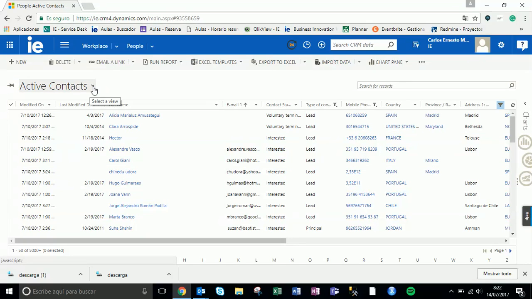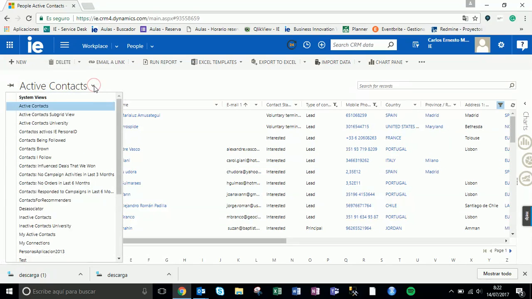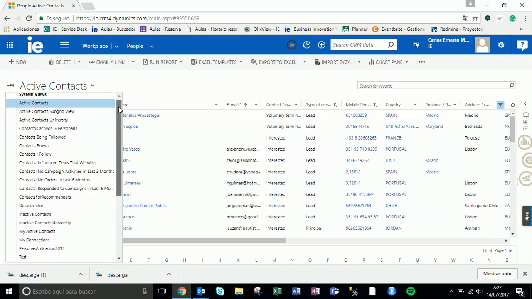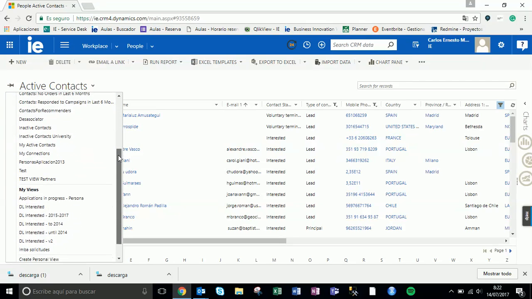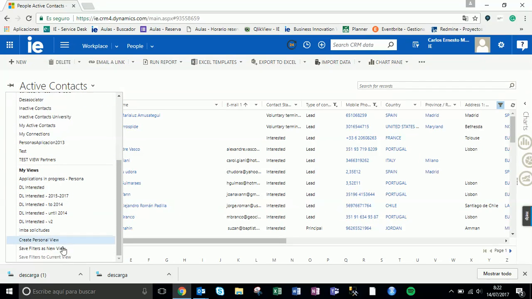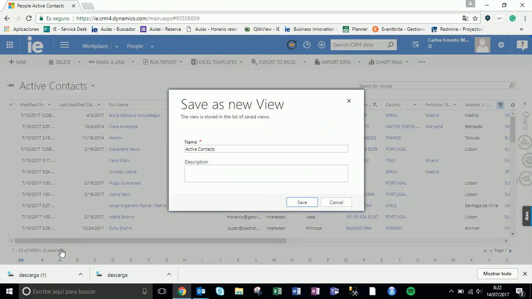So how do we create a personal view now that we have all the data that we want in here? First of all, we have to go to the view we're currently in and display the menu where we can select or pick among all the available views. Scroll all the way to the bottom and hit Save Filters as a new view. By clicking there, a pop-up window will appear, and all we have to do is